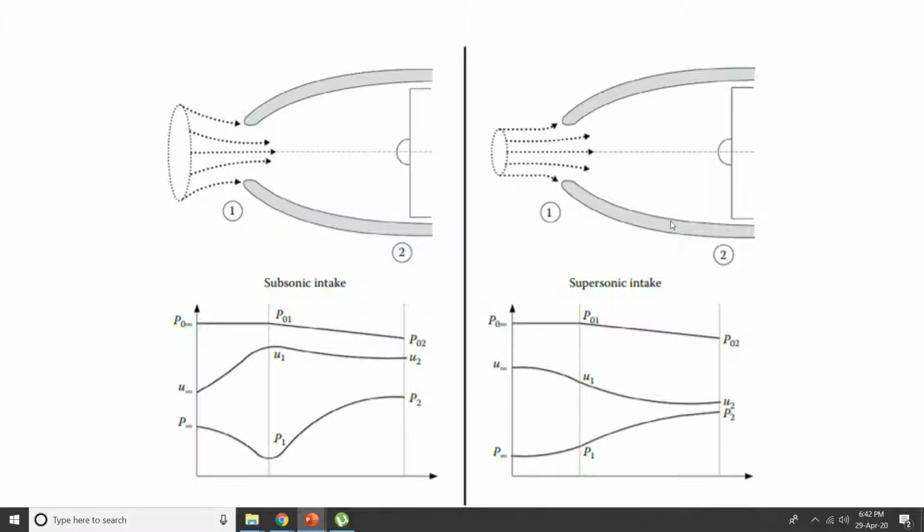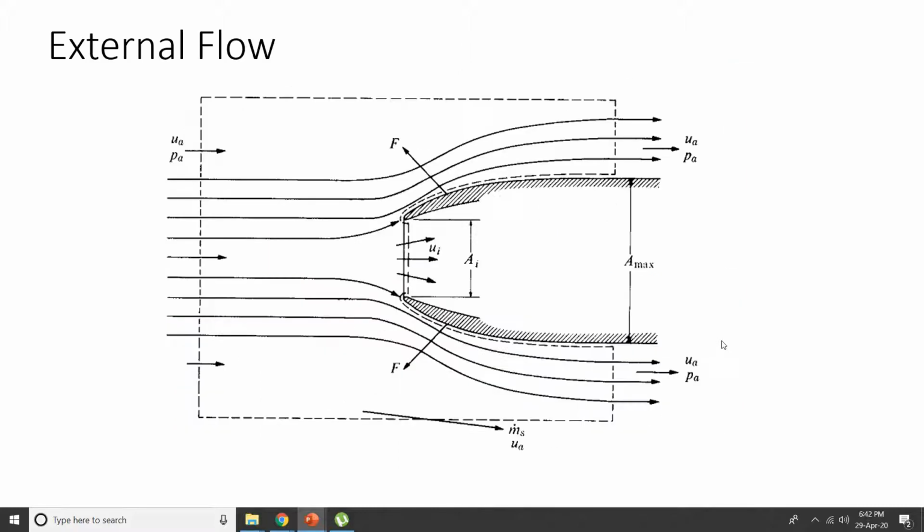Okay, if you see at this portion, your velocity, so this will act like a diffuser. Velocity will reduce, and inside it will further reduce, but pressure initially will increase, and then further again it will increase. Your stagnation point here deviates much more.